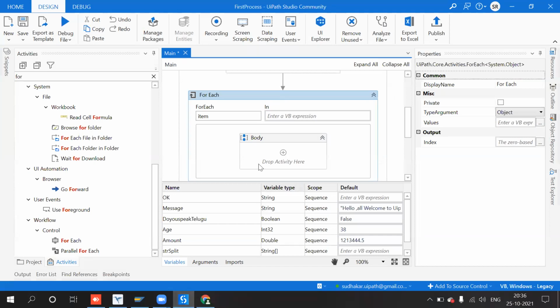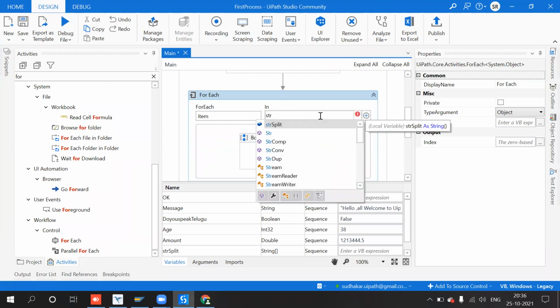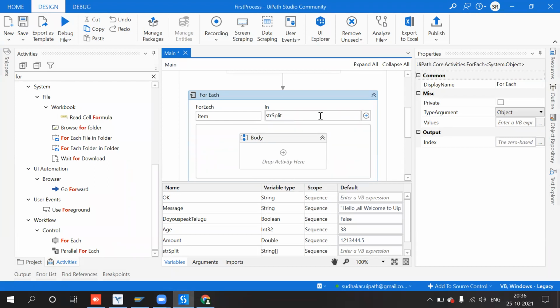Come here. Okay, so For Each, where the data is available. So first is For Each, this is the basic syntax item, and then in. Where do we have the data? We have the data in str split, right? So I provided it. When I click on here, we get the properties of this.